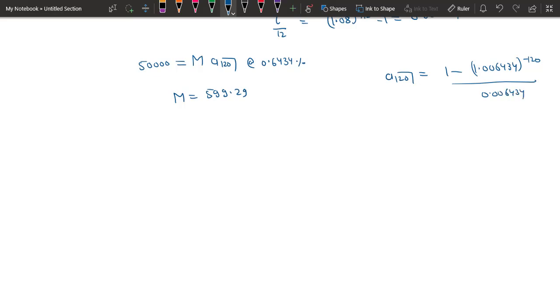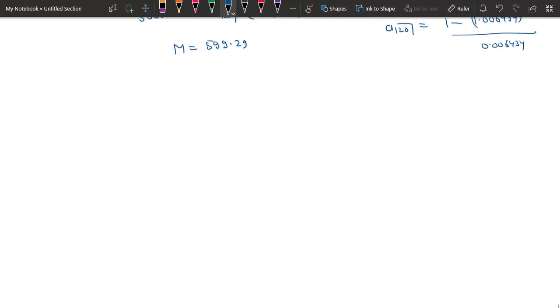You already know how to calculate this value. We have spent much time in our earlier videos calculating these, so you are very much familiar with those. So we move ahead and come to the main part of the question. We have calculated the installment, and in the second part we have to calculate the amount of interest paid in the first year.